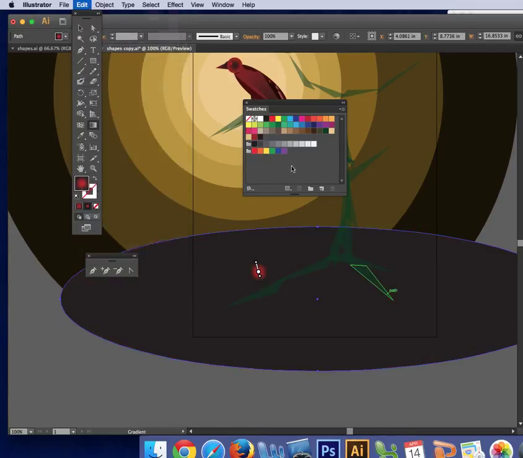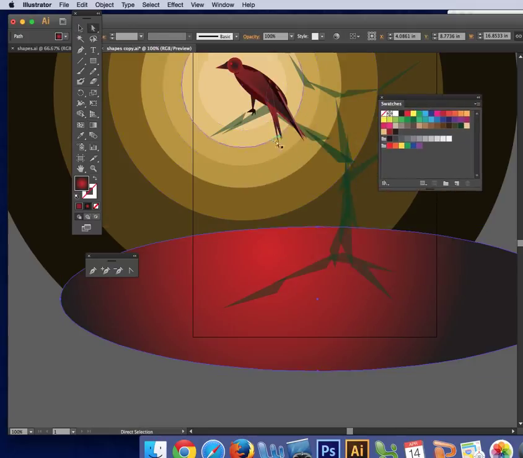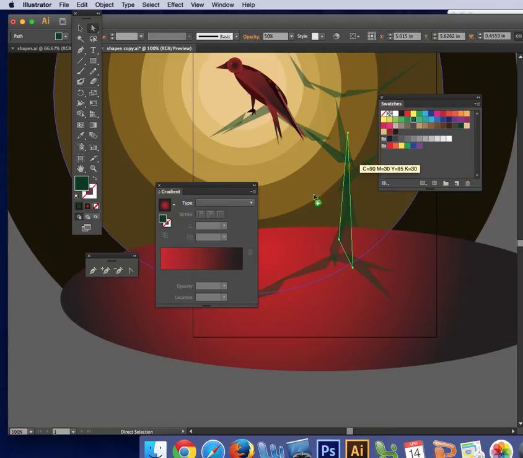But the goal is to have a different gradient for each of your shapes. So you're not going to leave anything solid anymore. That's what I'm trying to say. So make it easy for yourself. Go ahead and use those swatches. So watch how that works. Grab this, and all of a sudden I've got